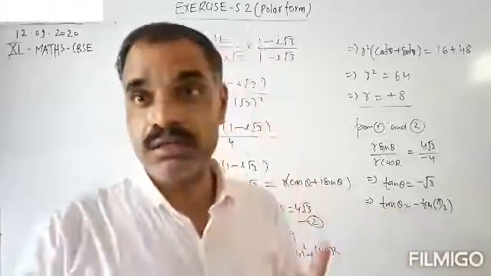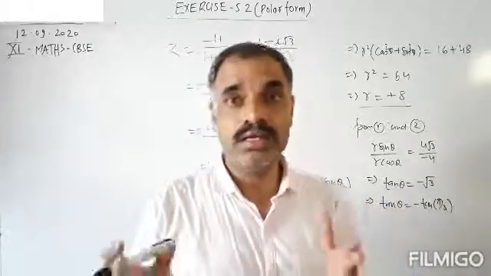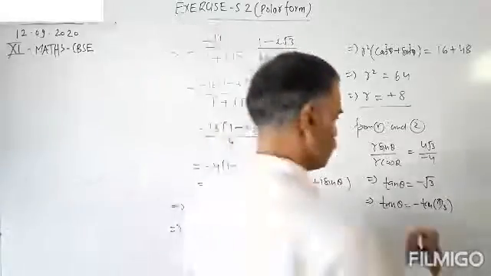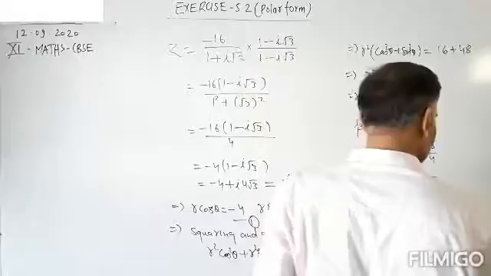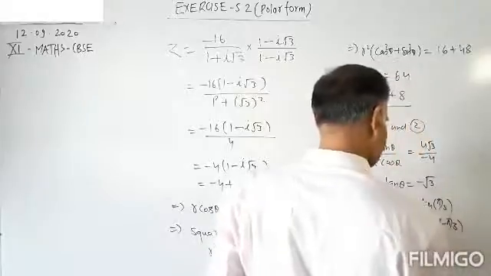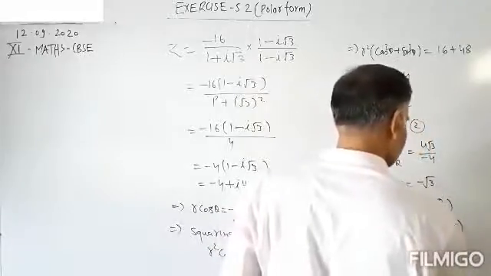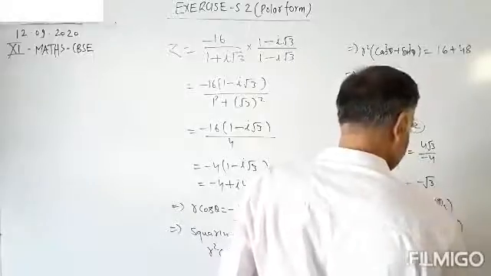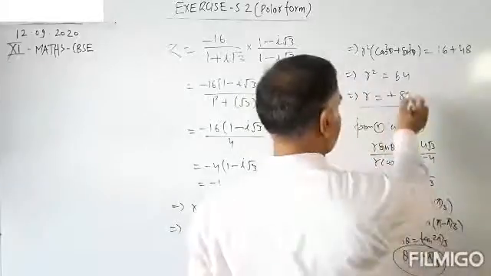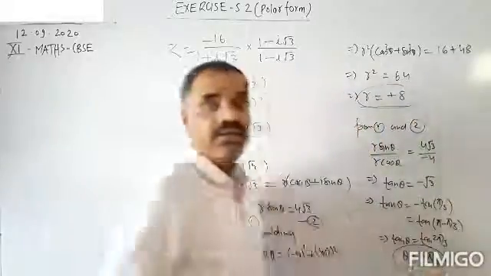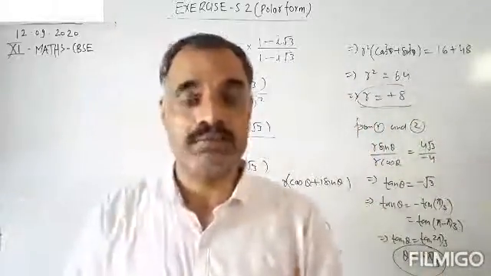In the second quadrant, the angle is pi minus theta. So this equals tan pi minus pi by 3, that is tan theta equals tan 2 pi by 3. So theta equals 2 pi upon 3. This one is the magnitude and this one is the amplitude, theta equal to 2 pi by 3.